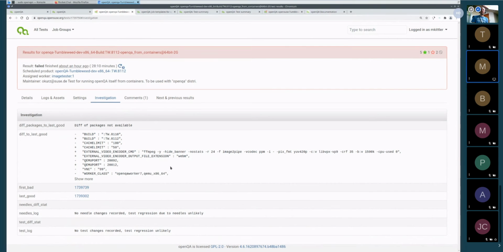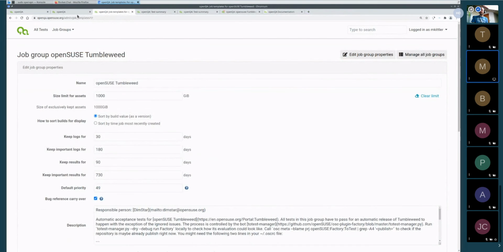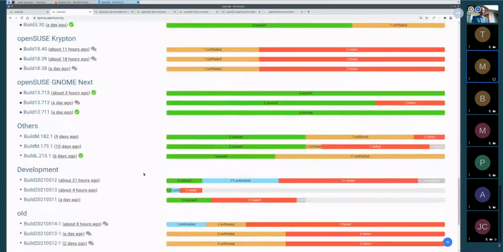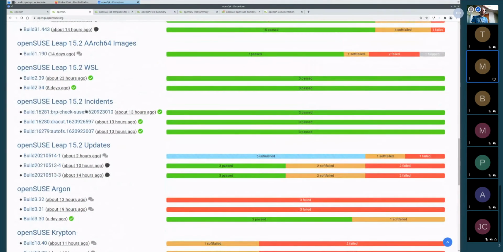So let's look at other results if you don't mind. Go back to the index page, please. For example, let's check the updates and incidents test for Leap 15.2. So there you go. You see that for incidents we have green check marks. That's good. That means there's no manual review work to be done. And that also means that depending on the behavior of the openQA maintenance bot, these incidents can then be automatically approved. And for updates, what we see there is that,